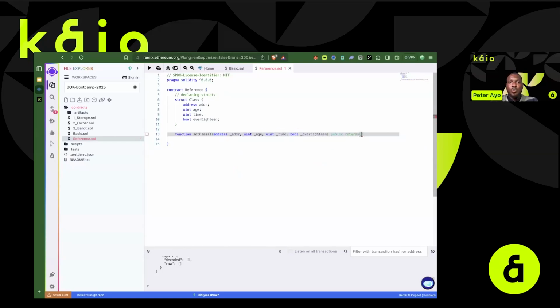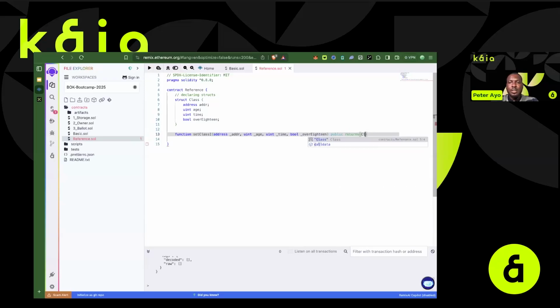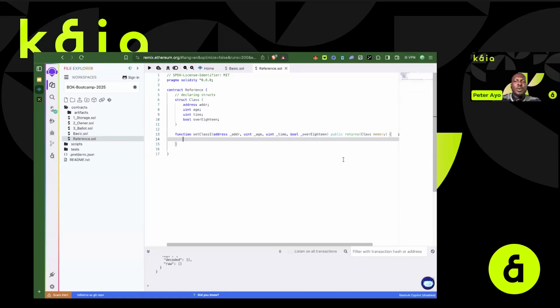That would mean that when you are declaring your returns keyword, you have to specify what data type you are returning. Now, we want to return class memory. Like I mentioned, when you are dealing with structs, you have to specify the data location. So this is what we just did: when returning the class, we specified the data location to be memory. So the first way to initialize a struct is to